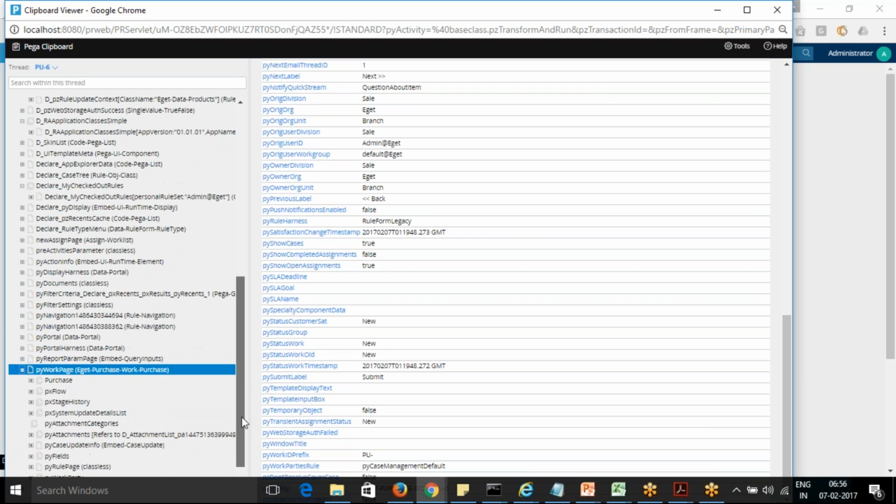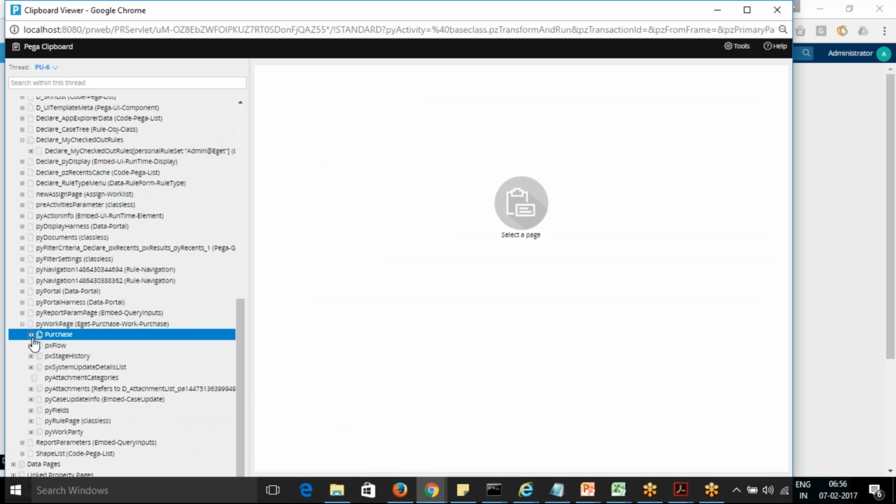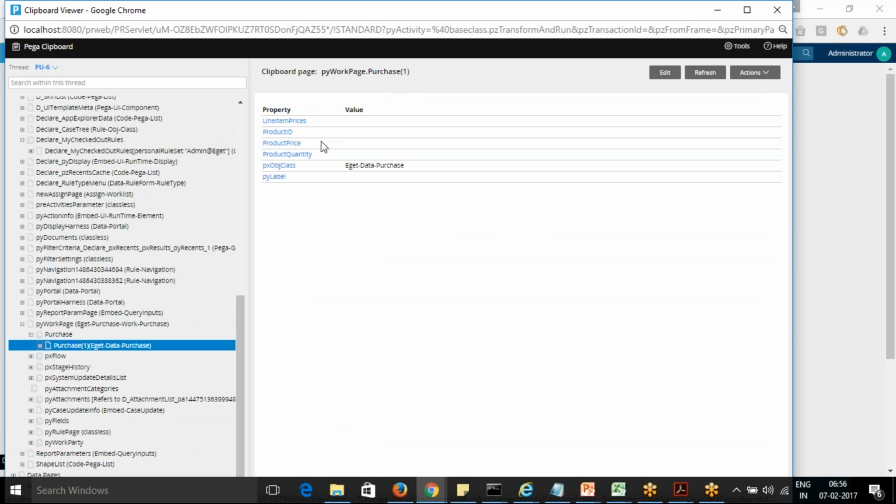You can see within that you have a purchase page, and within the purchase you have purchase one, and none of the fields is populated here. That's the reason it's not working. This product ID should be populated with the selection of the values.